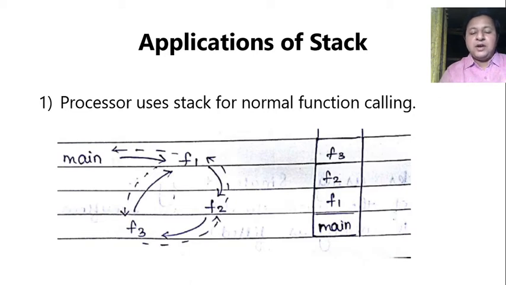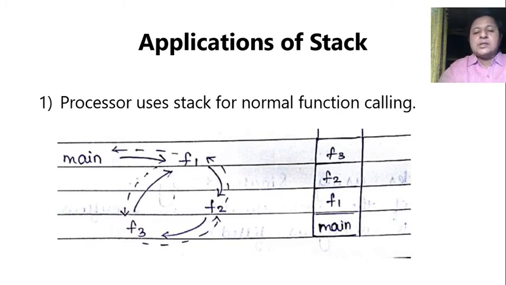Now you know the main function is where the program starts. Now if main calls another function, let's say f1, then obviously the control has to be transferred to f1, but with the condition that when the f1 function gets over, the control has to come back to main. That's the reason it is always required to keep track of this function calling. So when main calls function 1, main will be kept on a stack, like the state of the function will be kept on a stack.